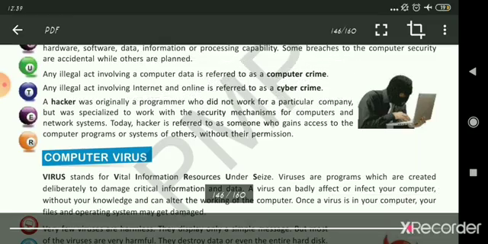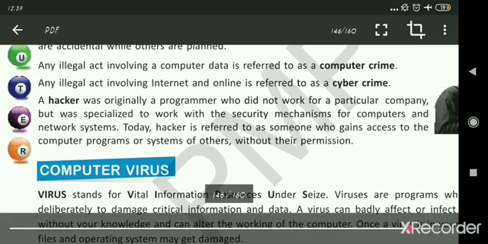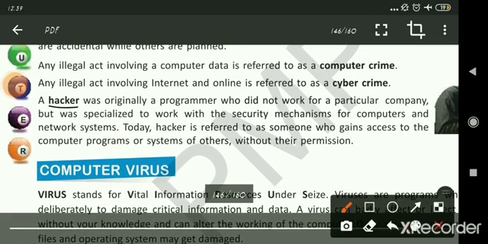Okay? See, a hacker was originally a programmer who did not work for a particular company, but was specialized to work with security mechanisms for computers. He knows very well about the securities of computers and network systems.